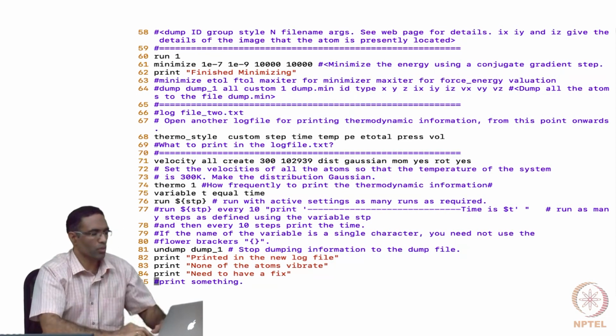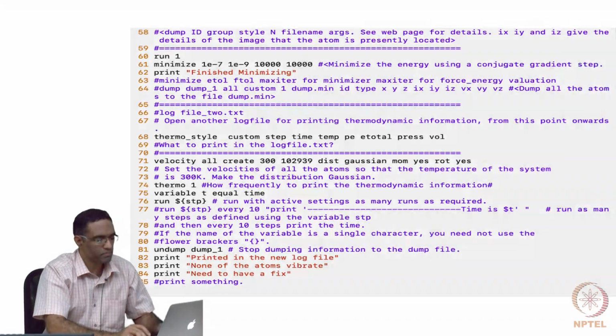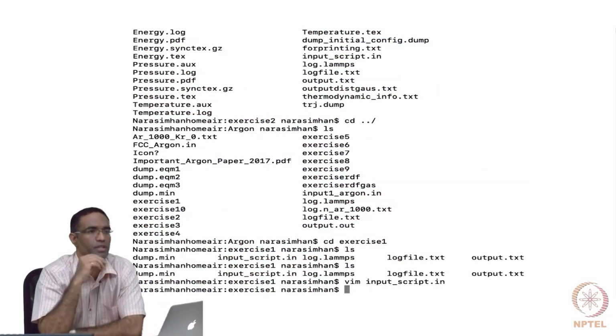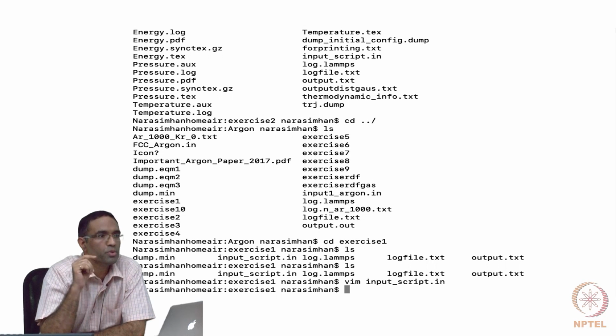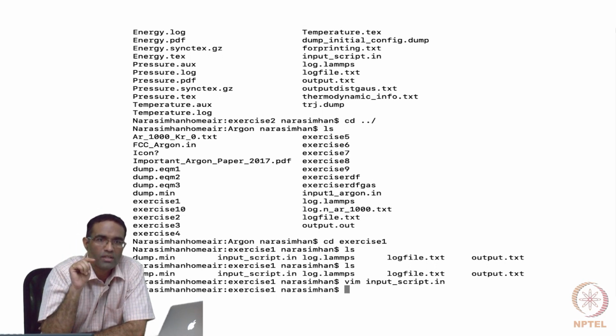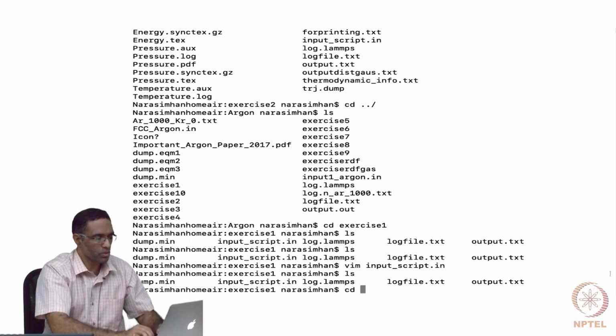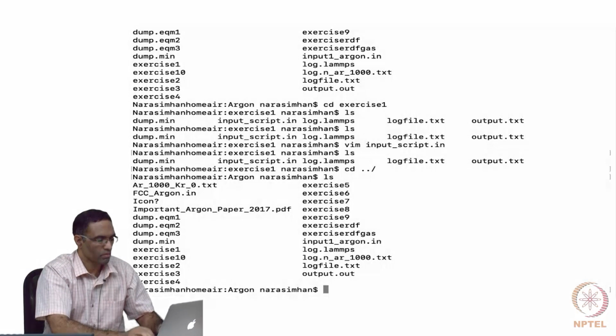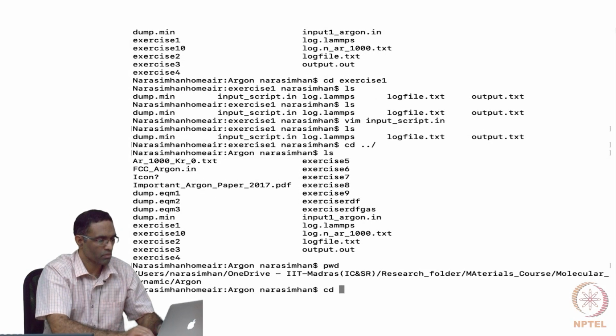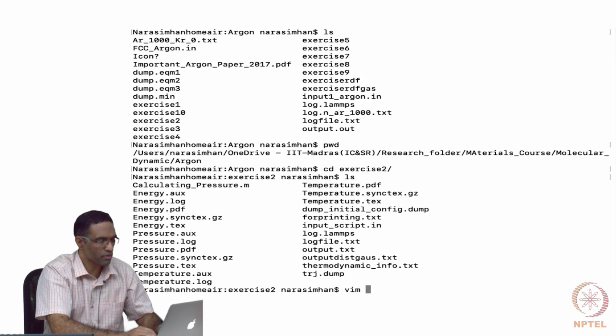So what is basically happening is that it's not enough if you just give the initial conditions and the initial positions. You are supposed to integrate the equations of motion so that the coordinates of each and every particle and the velocities of each and every particle are actually updated with time. So we will now generate a slightly different version of the input file,